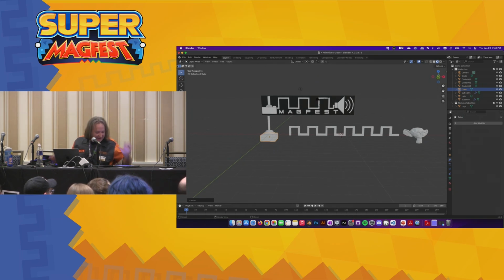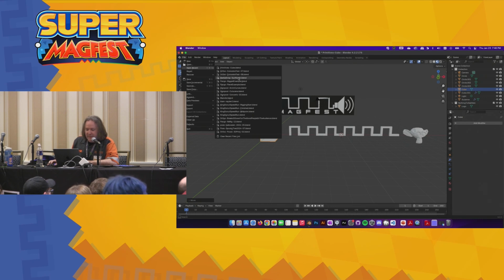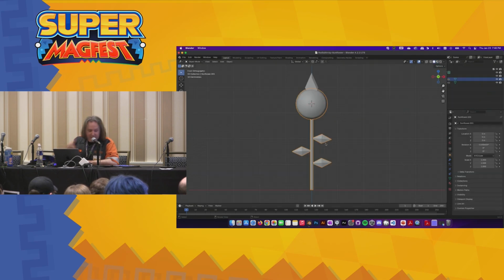Yeah, so that's my cheesy overview of the very, very basics. More practical things just for fun. You saw maybe the sunflower in the atrium. A workflow like that might be that array modifier that just duplicates things in a series. That might be how you'd make a fence post. I've made one fence post, now I want 30 of them. You'd have an array, just make your other 29.